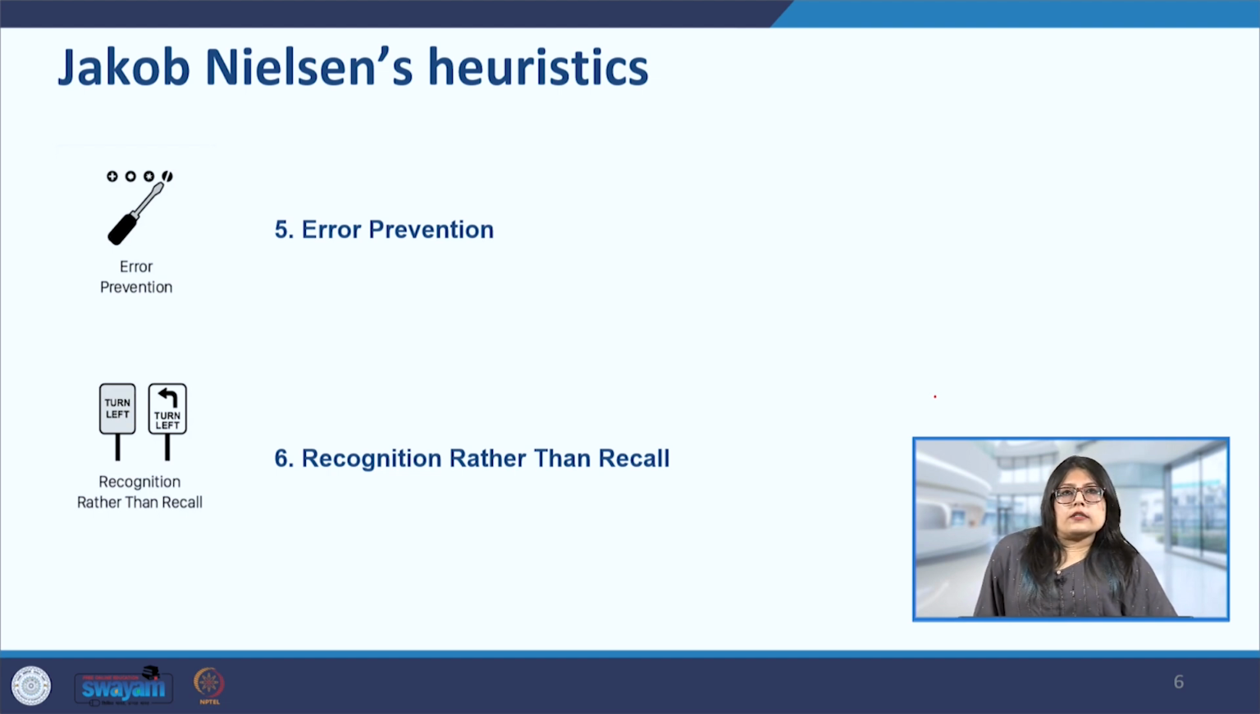The next point here is error prevention. Like I discussed in the last slide as well, error is something that we don't want to take place in the first place. Once an error has happened, we have to take some remedial measures to correct it. But without the need to put any remedial measures, the first and foremost effort should be to not have any kind of error in our system. Still, if we do end up getting an error, then the error has to be communicated in such a way